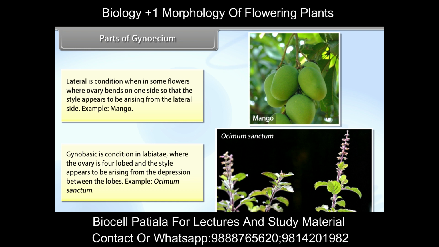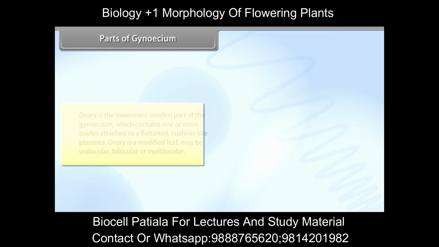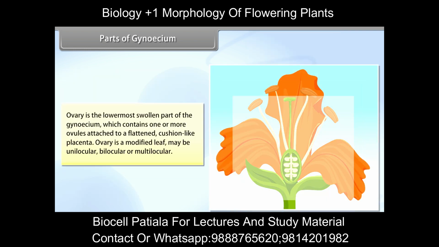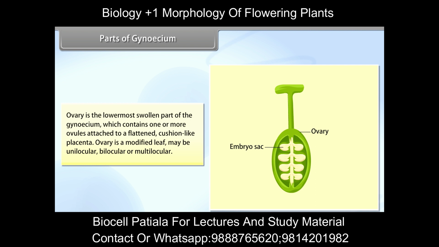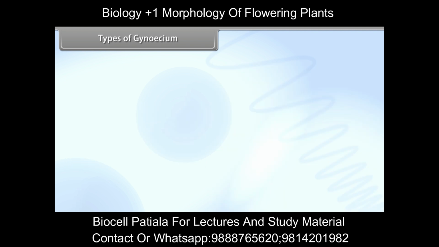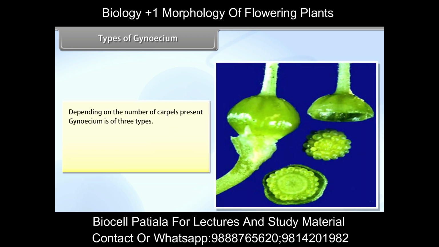Example: Ocimum sanctum. Ovary is the lowermost swollen part of the gynoecium, which contains one or more ovules attached to a flattened, cushion-like placenta. Ovary is a modified leaf, may be unilocular, bilocular, or multilocular. Types of gynoecium. Depending on the number of carpels present, gynoecium is of three types: